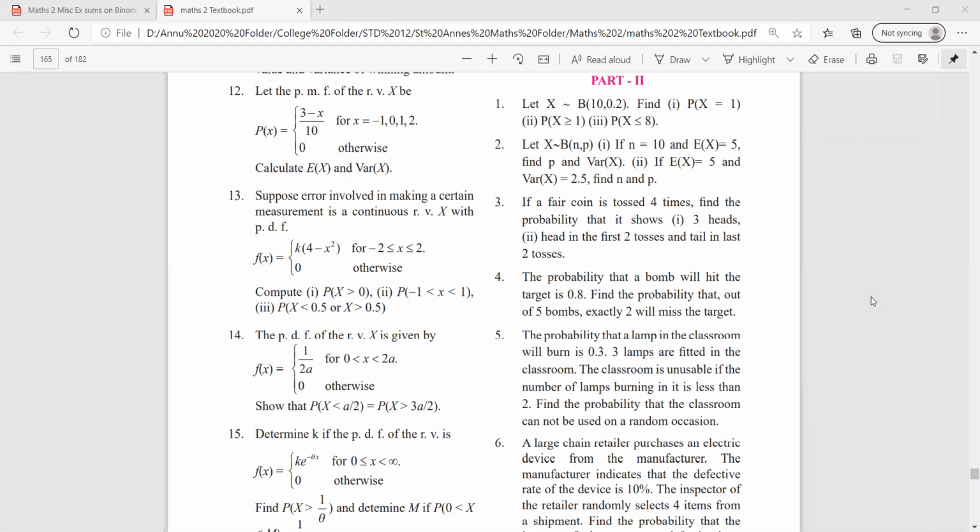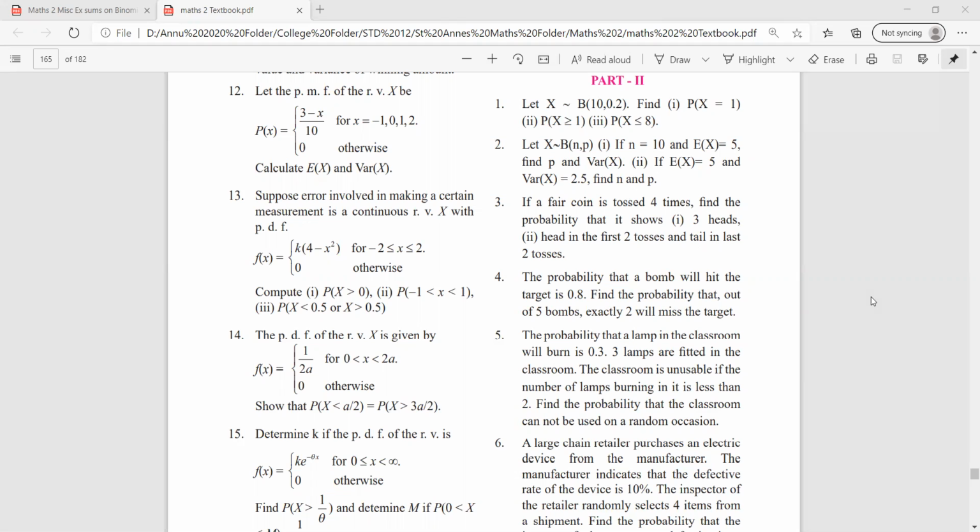So, in the last lecture, we saw how to calculate Poisson distribution. That is, we finished exercise 8.4. Today, class will be focusing on some of the miscellaneous sums related to binomial and Poisson distribution. So, today we'll be focusing on sums related to exercise 8.3 and sums related to 8.4.